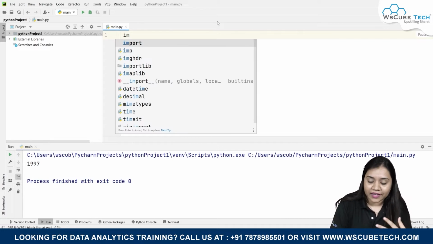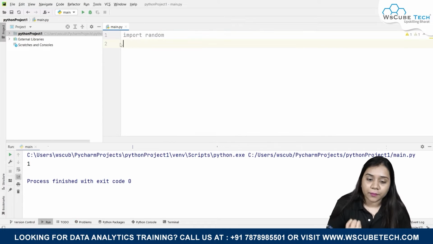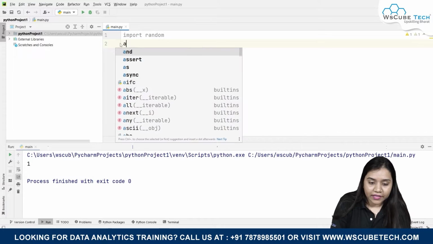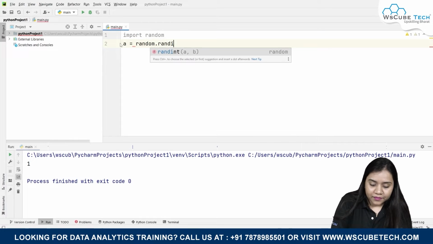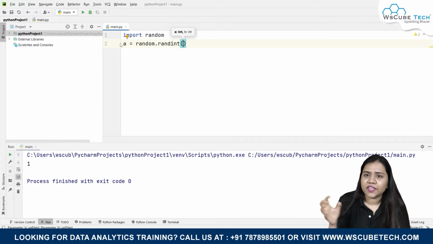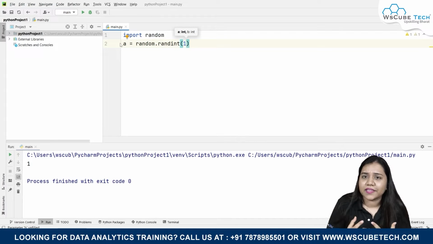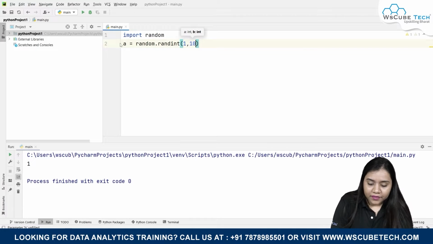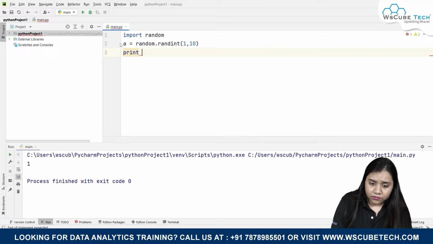For importing the random module, all I need to do is write import random. After writing import random, you can take a variable. Let's say a is equal to random.randint. I'll be taking any random integer from 1 to 10. I don't want to pick any particular one of it. I want it to be random, any random integer between 1 and 10. So I'll be writing 1 comma 10 over here, and if I write print a